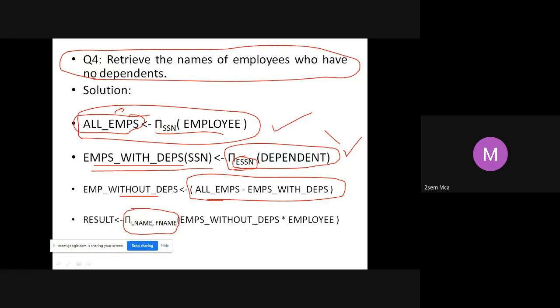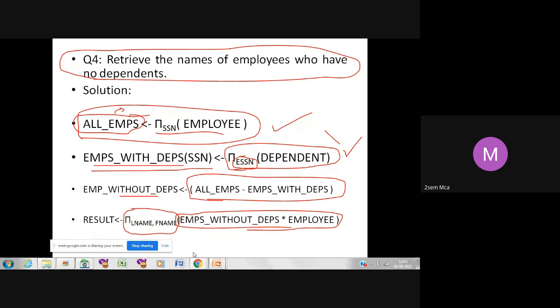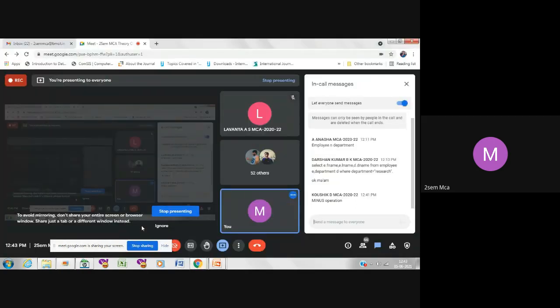Can anyone say what we are doing at this part? What are we doing at this last step and why are we doing it? Anybody? Minus operation, yes, fine. To this question, any answer? Why are we doing what we are doing? Last step. Can anybody tell me? I'm waiting for your answer.